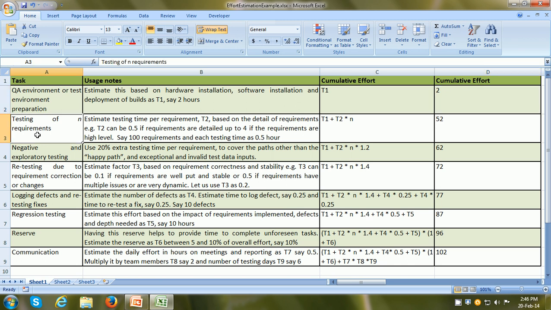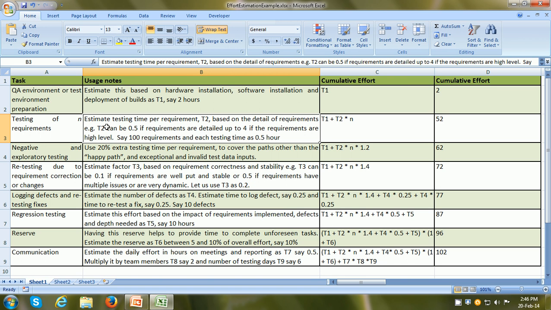The next is testing of N requirements. You may have so many requirements. Here what we need to do is estimate the testing time per requirement based on the detail of the requirements. So if the requirements are very detailed, low level atomic requirements, then this factor can be 0.5 hours or 30 minutes, or if the requirements are at a higher level, it can be up to 4.